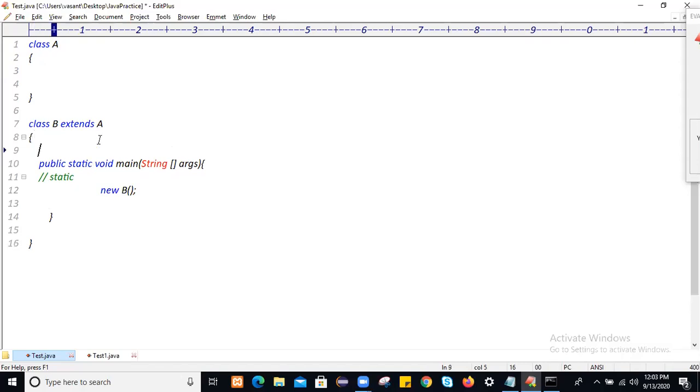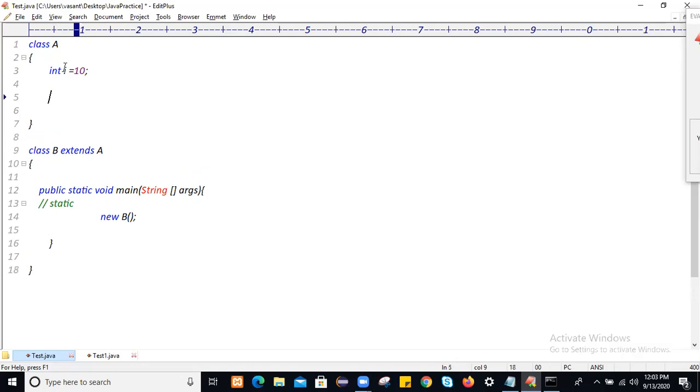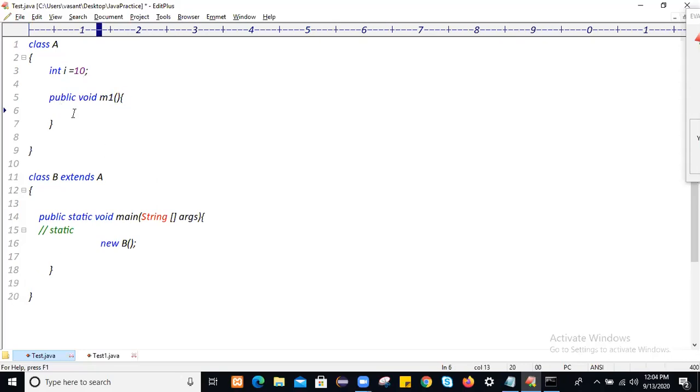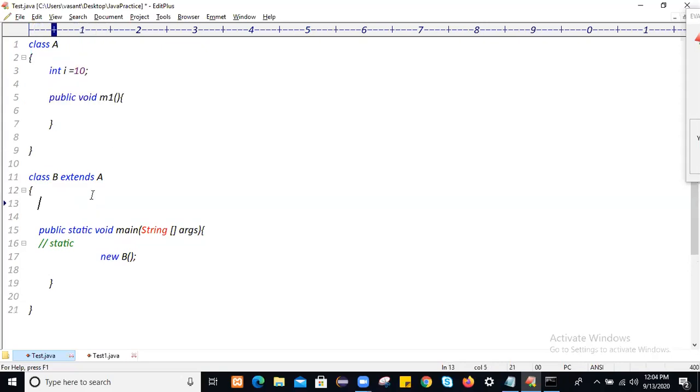Let's suppose, by using the super keyword, how will we access a parent class instance variable and parent class instance method? So we have a parent class instance variable and this is the instance method. Let me take one more instance method, this is the M2 method.